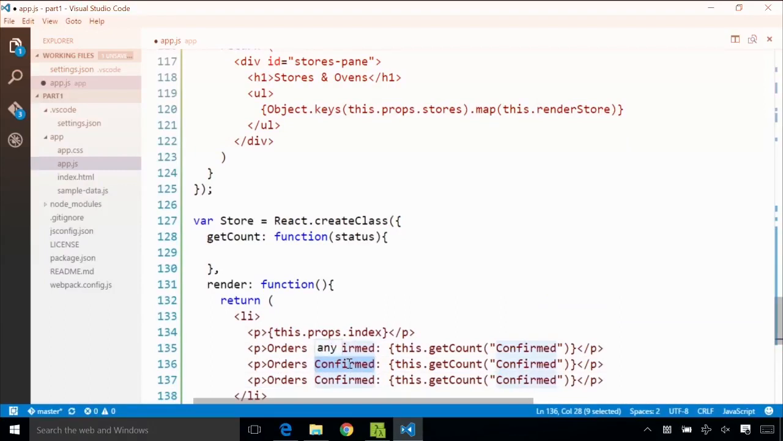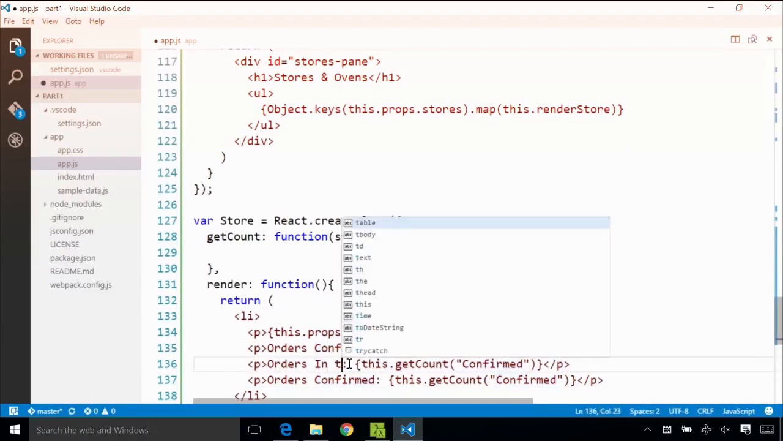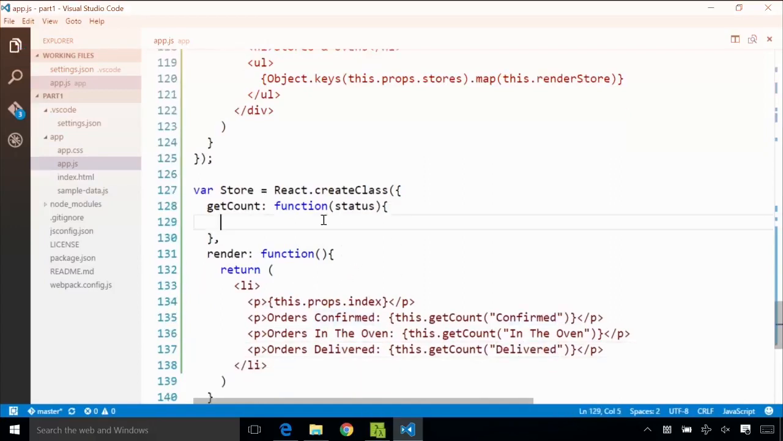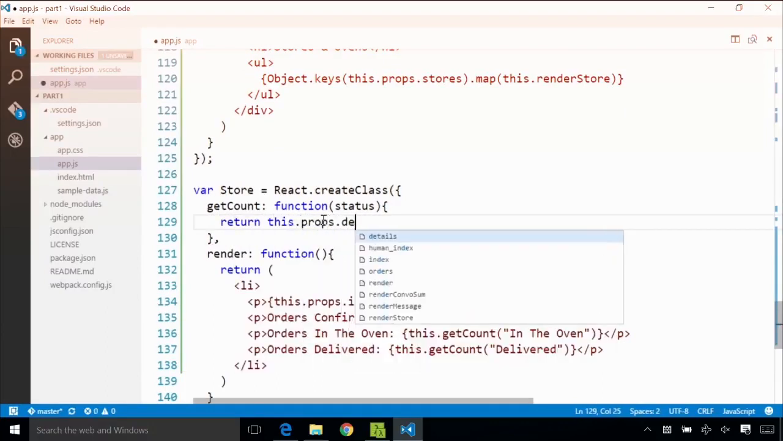So perhaps in the oven is another one. So this is this different status of in the oven. And delivered is another status that we're interested in. So how many pizzas has this store delivered? I'm actually going to implement this function right here, and all it's going to do is it's going to go into the